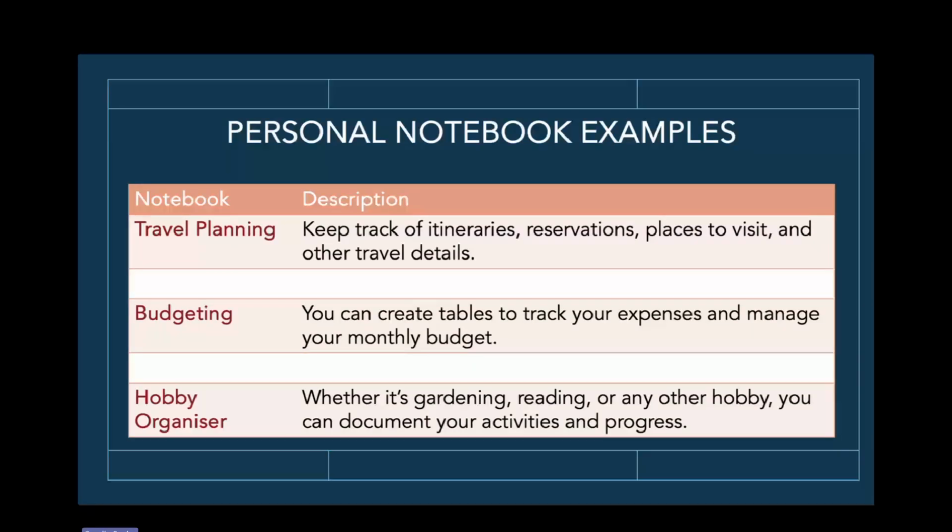Maybe you want to go to the UK and they have a lovely YouTube video on exactly what you need to take with and what you need to get to enter the country. How to pack. There are so many things. Maybe you find an article on the internet, so just dot it down there, pin it.